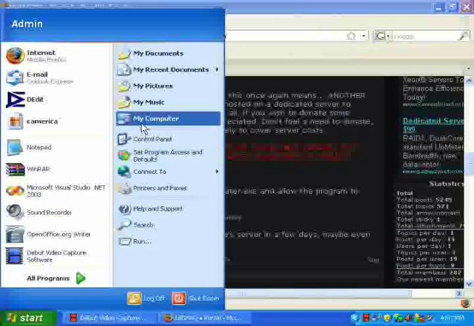Okay, now that I've covered all that, I'm going to show you how to run the patch. We've already installed it, so how to run it using the CD. Let me just take the CD out. Pop it in the disk drive. And if the disk doesn't launch up after a little while of being in the drive, just go to My Computer,